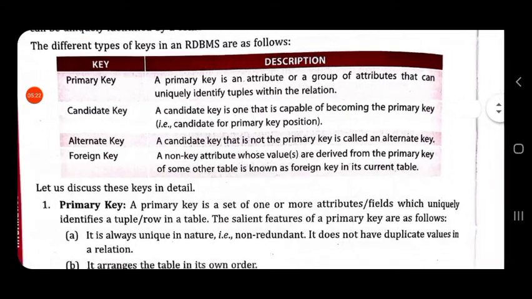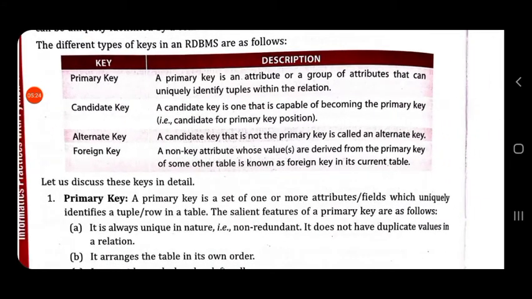Then next is the candidate key. A candidate key is one that is capable of becoming the primary key. Suppose I have roll number, which is unique. Then I have admission number, which is also unique for each student.